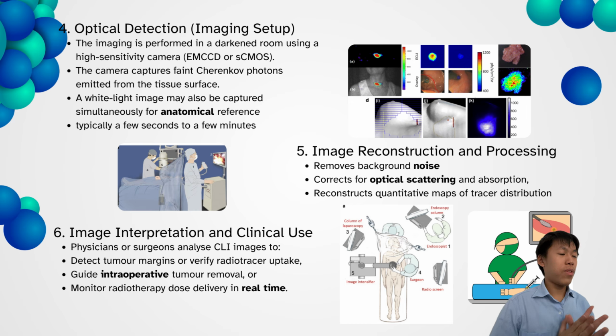And the fifth process would be image reconstruction and processing. We know that when people capture photos, especially professional photographers, we need to edit them, like remove the background noise and so on. Same goes for the CLI. We have to correct the optical scattering and absorption, reconstruct the quantitative maps of tracer distribution, and so on. And next, the sixth one, last but not least, the image